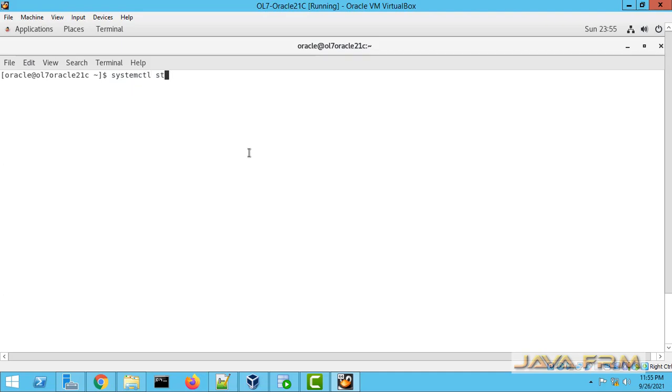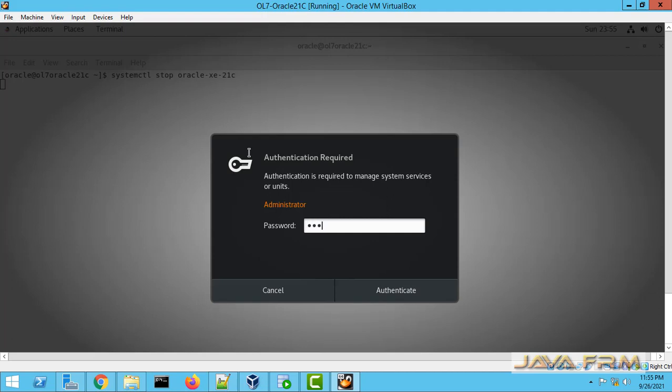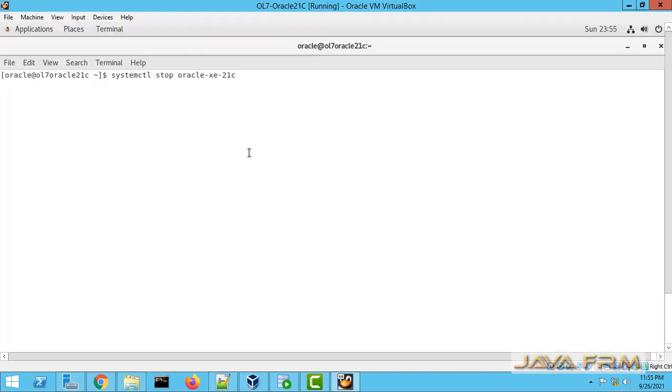So this is the command to stop the database, systemctl stop oracle-xe-21c. So this will stop the Oracle database and Oracle listener. Okay, so now we are going to show how to start the database manually and how to start the Oracle listener manually without using these systemctl commands.